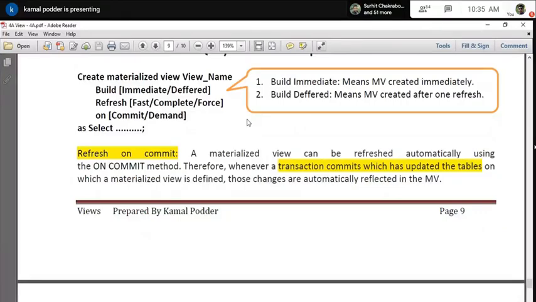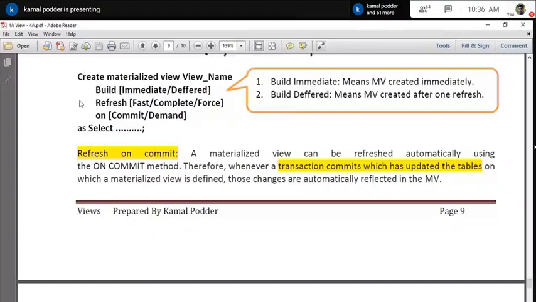Because your database is updated on a regular basis, but your view data is not up to date. So with that type of data, you cannot take all managerial decisions. Some decisions may be made with one week old data, but not all decisions. That is the reason you have to update or refresh that particular view result periodically, and with the help of that clause you can provide that information.